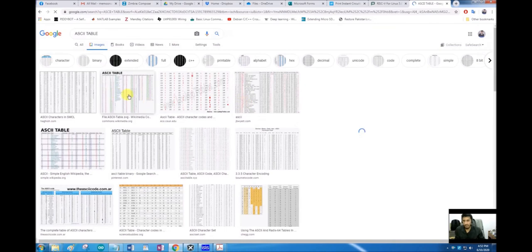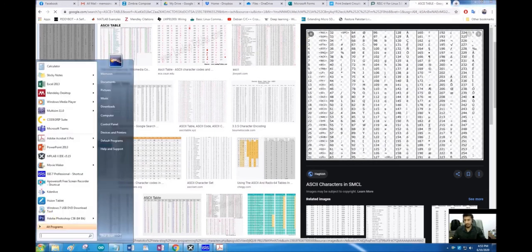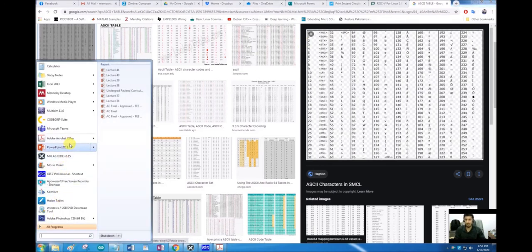If I open the ASCII table, I can see here that the character A has a decimal value of 65. And if I convert 65 decimal into hexadecimal, that is 41. And that is what we are receiving on our port.